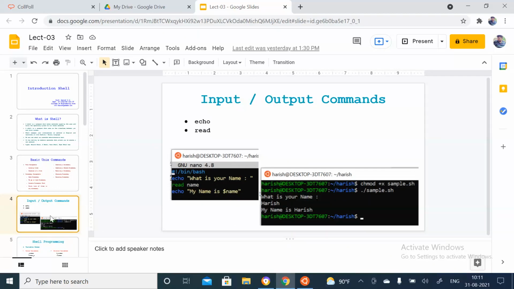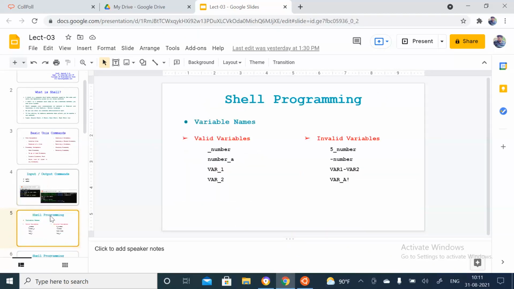Right now, we'll see something about variables. I think you have an idea about how to use variables. I have given some examples of valid and invalid variables.